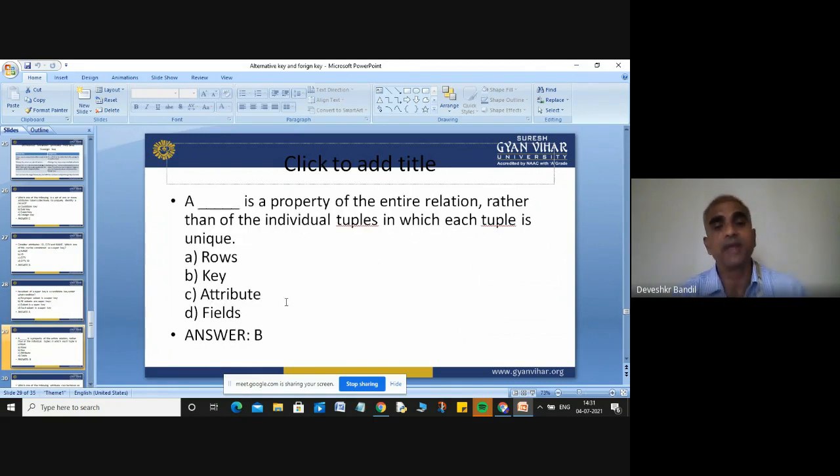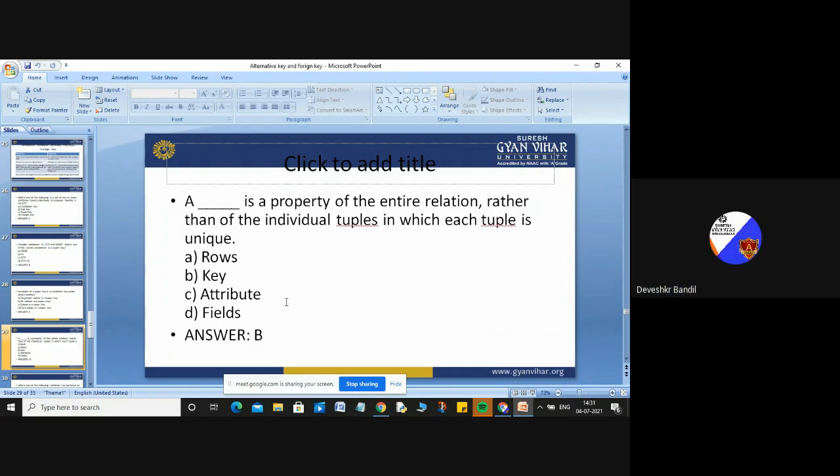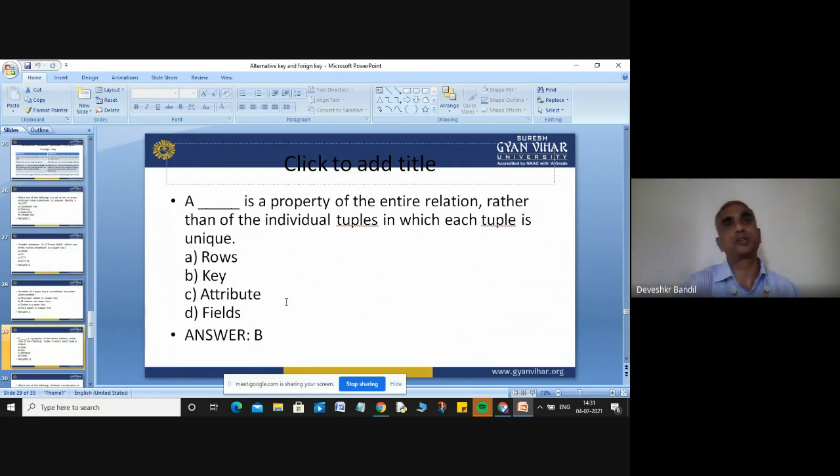A key is a property of the entire relation rather than of the individual tuples, in which each tuple is unique. The options are row, key, attribute, and fields. Through the key, you can establish the relation between two tables, and also through a key, you can identify a unique record.